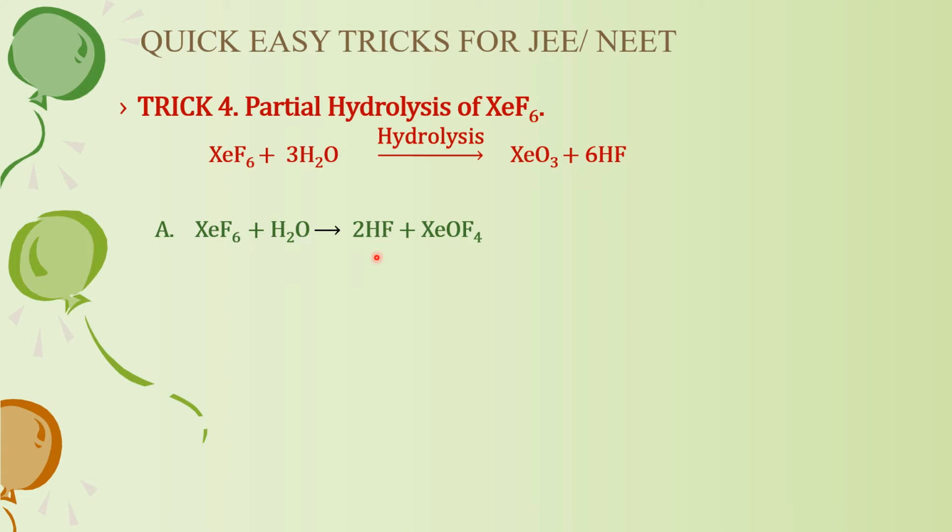So what will be the product formed? It will be 2HF. And once 2HF has gone, what is going to be left behind? One is going to be xenon. If I write over here, it is going to be xenon. From fluorine, it is going to be 4 fluorines that will be left, and from oxygen, water, it will be oxygen. So what you have to simply do is just combine all of this and make a compound XeOF4. Easy. Next, we move on to adding up the second molecule of water.